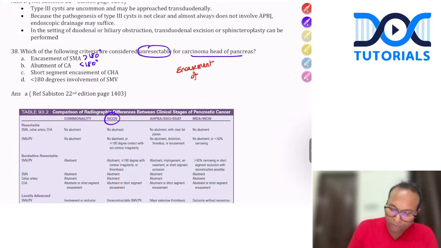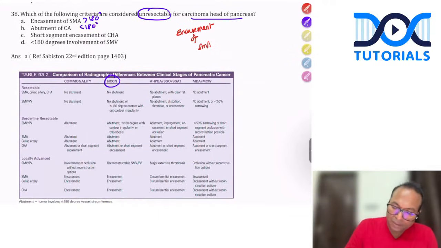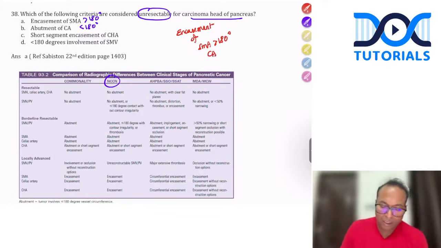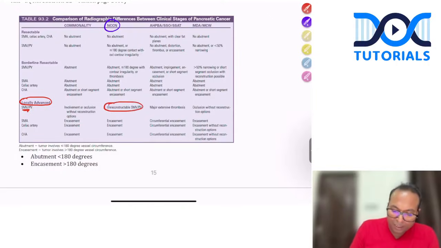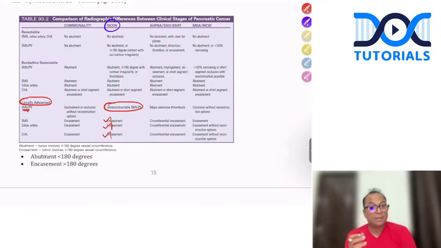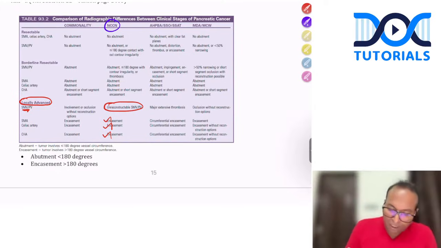encasement of superior mesenteric artery more than 180 degrees or celiac artery encasement. See this line. So NCCN locally advanced: superior mesenteric vein and portal vein in an unreconstructable manner. SMA encasement, celiac artery encasement, common hepatic artery encasement. So encasement in three arteries, SMA, celiac artery, common hepatic artery, is said to be locally advanced. If the three are abutment, then we call it